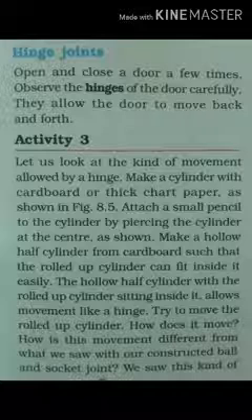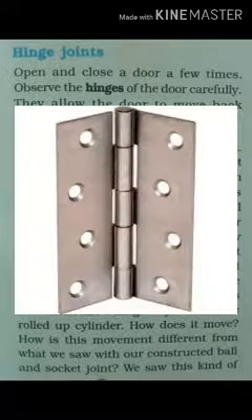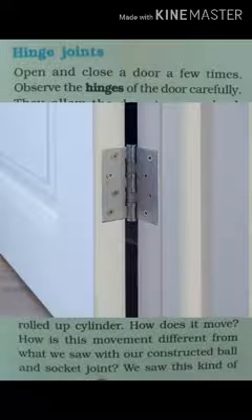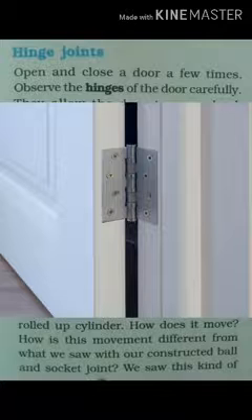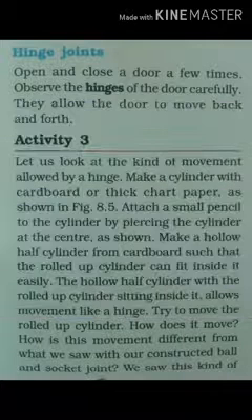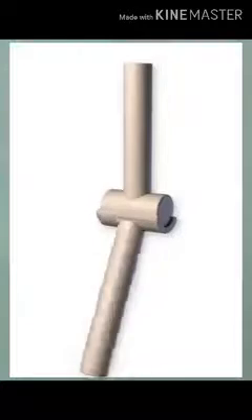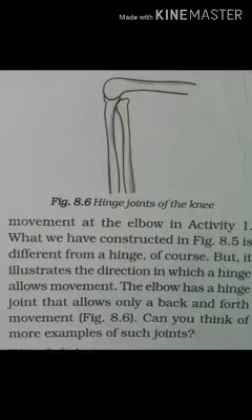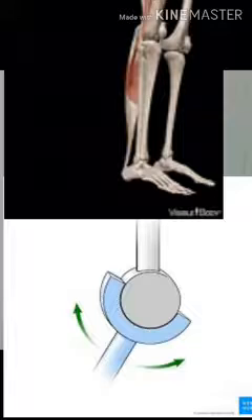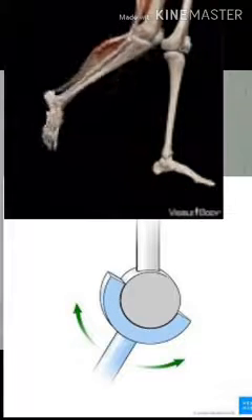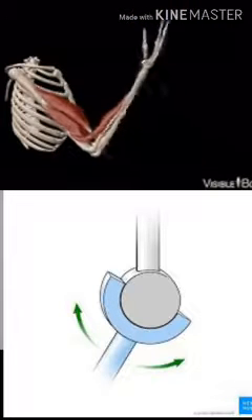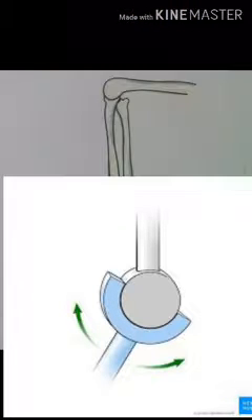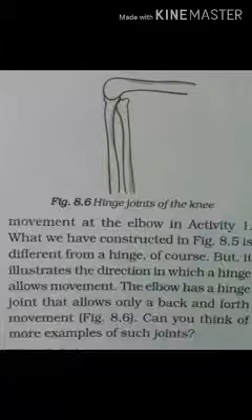Next is hinge joint. A hinge joins the door to the wall or the door frame, as it is seen here, and allows the movement of the door only in one direction. A similar joint is there in our body at elbows and knees and allows only the back and forth movement of limbs. So this is called hinge joint. So at our elbows and knees we have hinge joints.